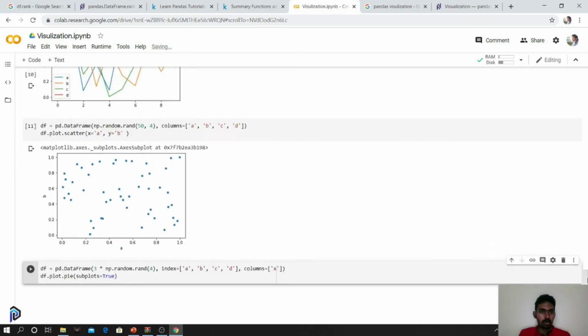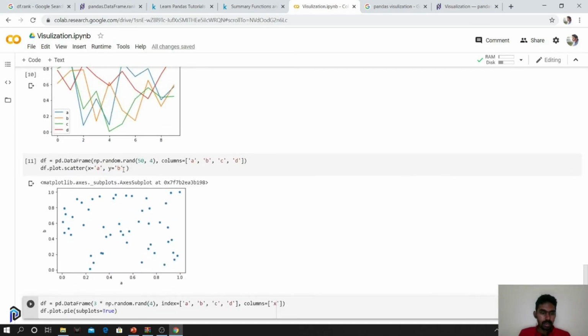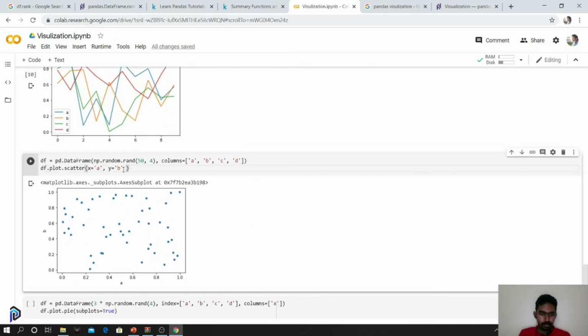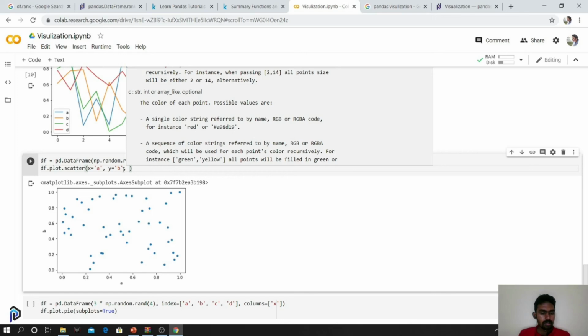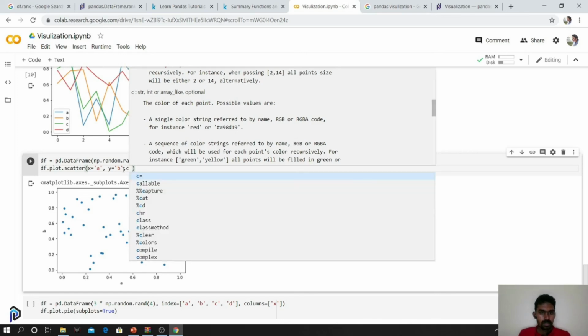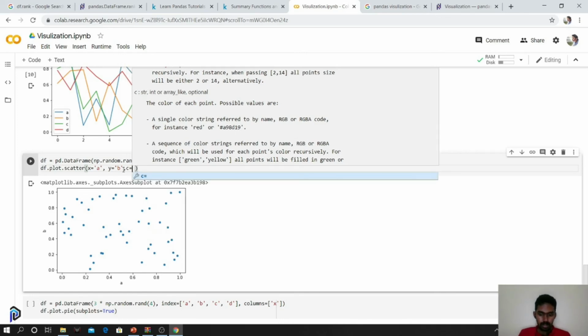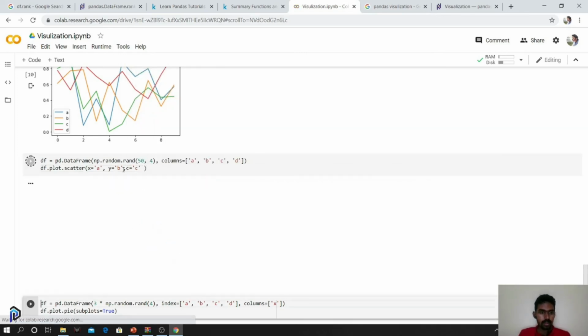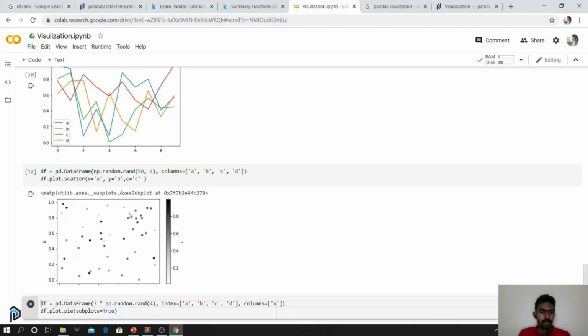So this is the scatter plot over here. Let's say I'm giving the color value to be C. What it does is give the color based on the value in the C column.